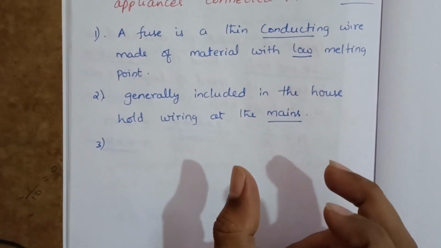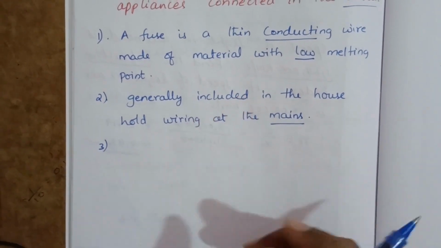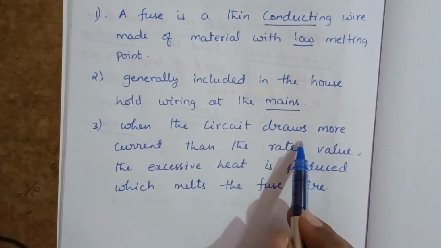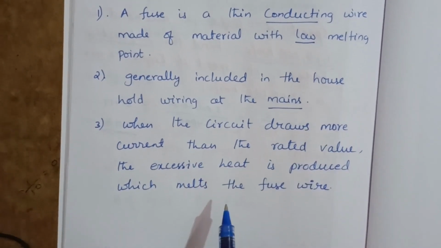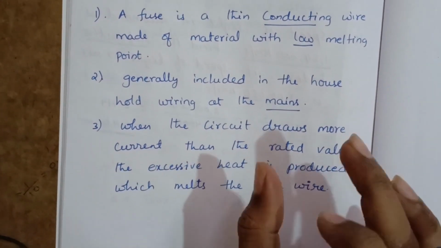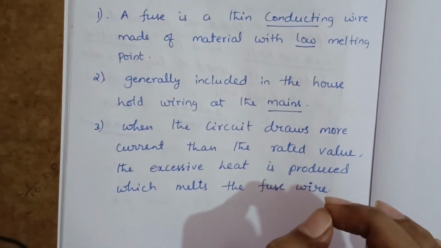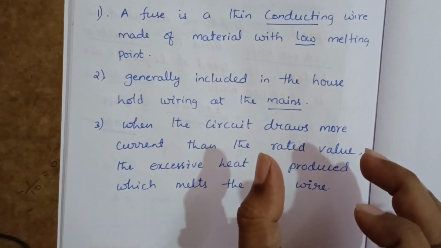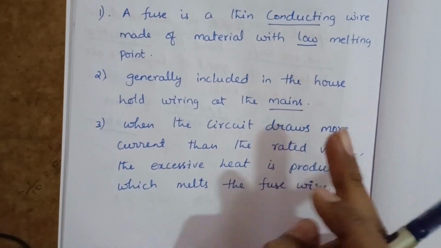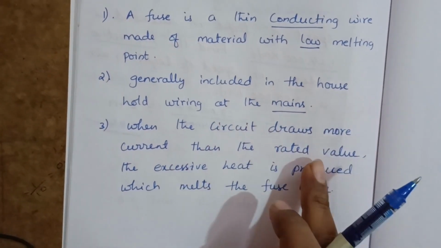The fuse has some limit, some rated value. On the mains, we can see some rated values. If the current is excessive, more than that rated value,